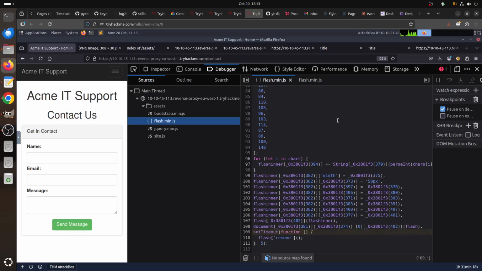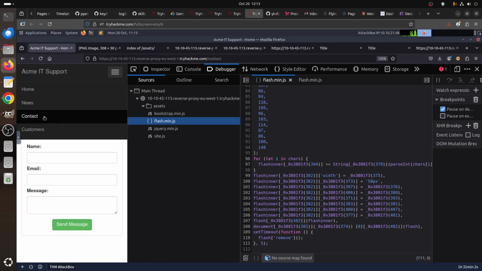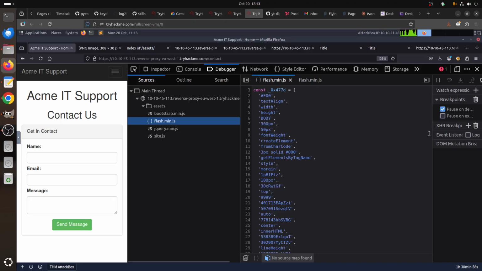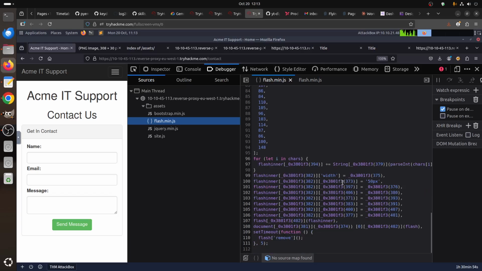If you scroll down this script, because it's part of a script, you can see it's not easy to read. But at the end, you can see it says setTimeout function flash remove a file. So that's why we don't see it. That's why when you click contact, that flash is too fast. We don't see it. One thing in this debugger, we can come there and say to Firefox,